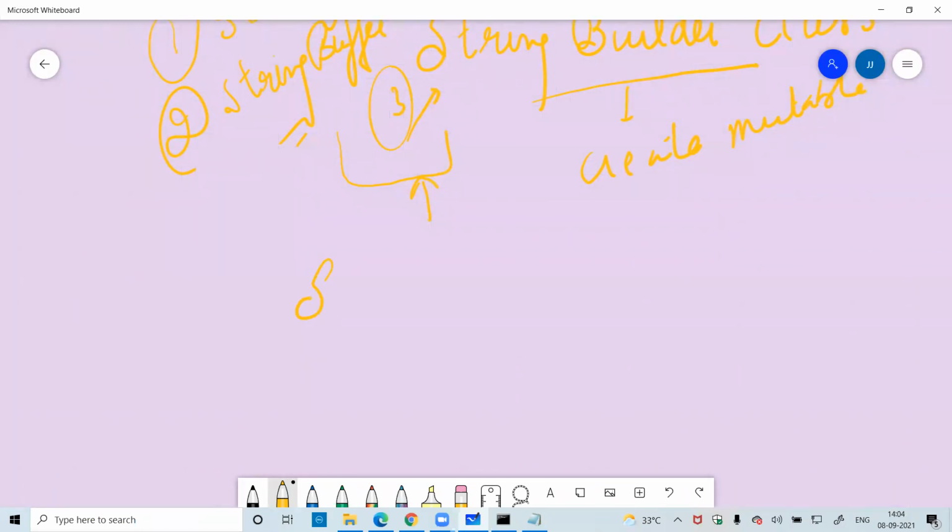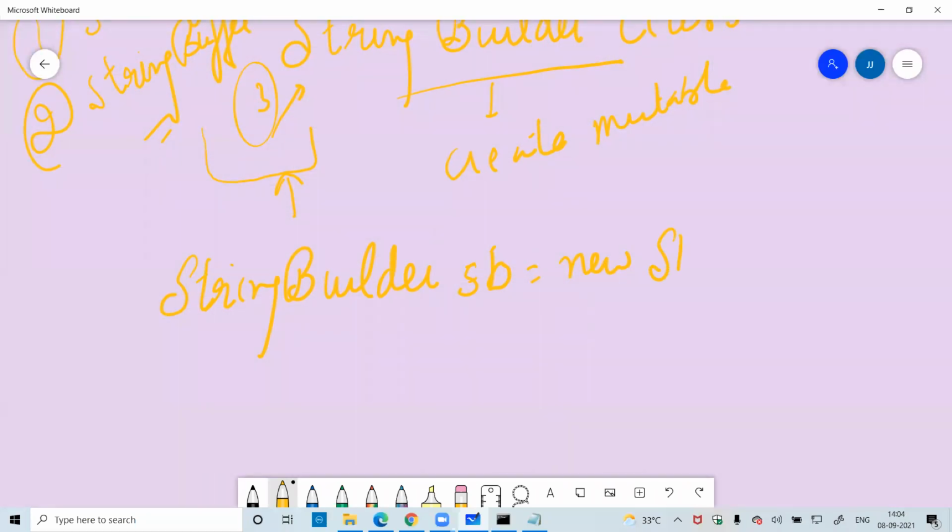Whenever we create a string buffer, we write string buffer. Here we will write string builder. Like SB, new, space, string builder, and then this. We declare the constructors the same way.